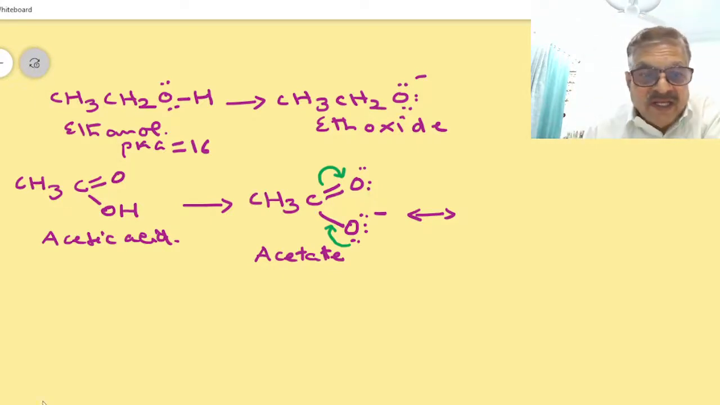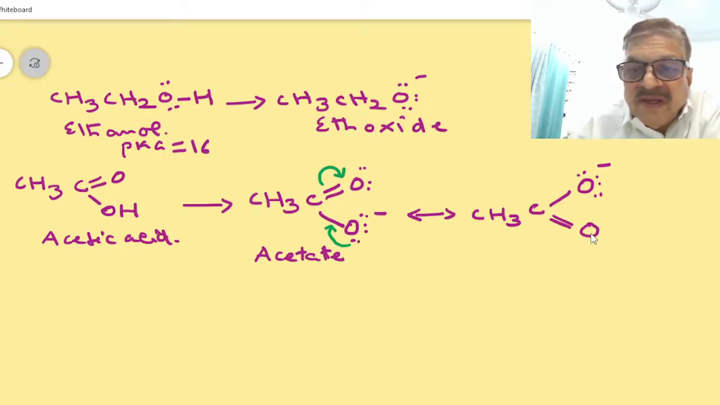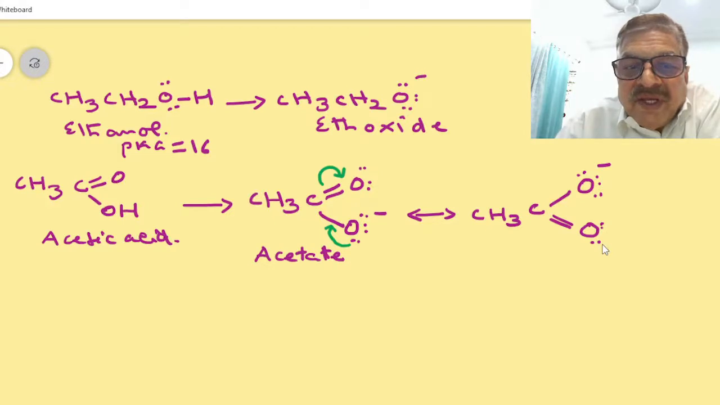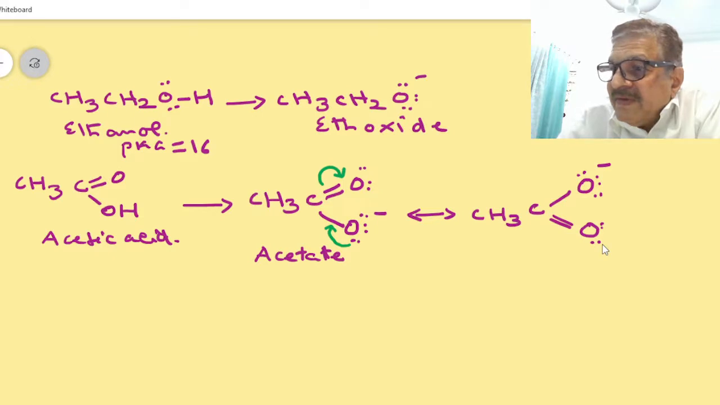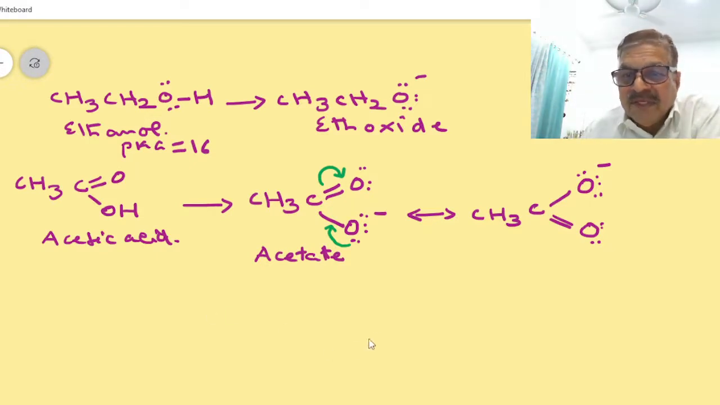Now, which will be the next resonance structure? Let us draw the next resonance structure and the resonance hybrid. This is the second resonance structure. So in the case of acetate anion, we can draw two resonance structures. Therefore, acetate, the conjugate base of acetic acid, has two resonance structures possible. Now the hybrid will be